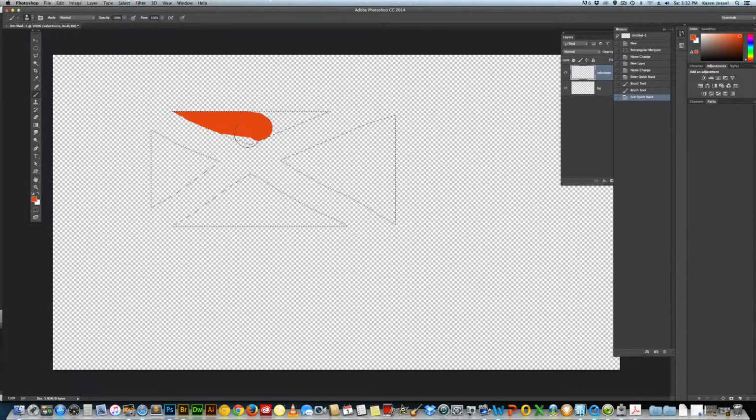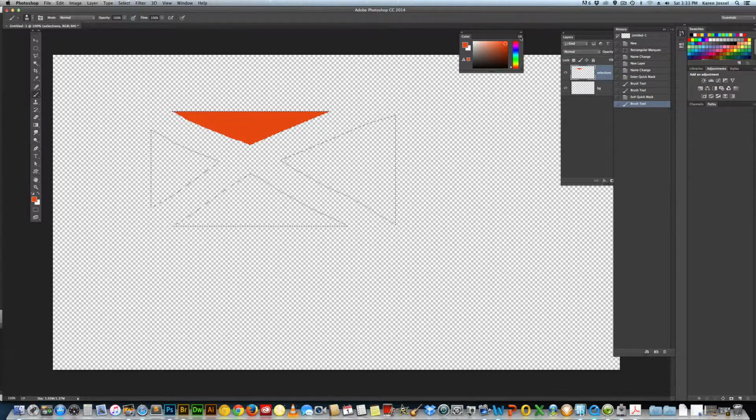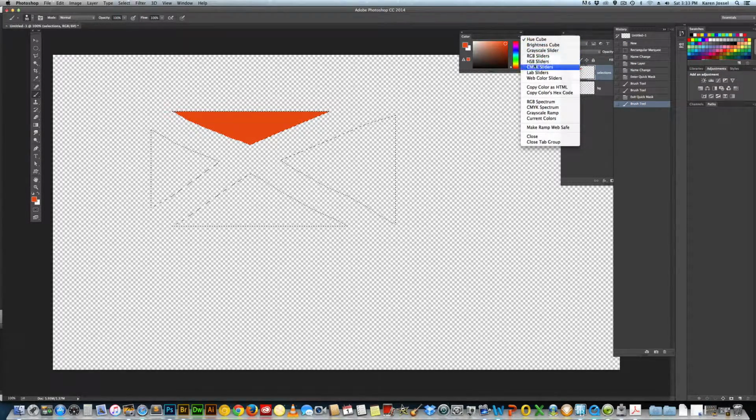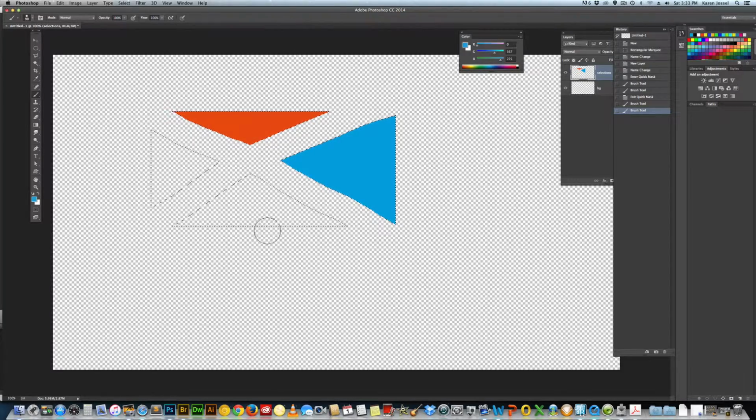So here I'll paint the top one orange. Let's see, I'll go over here to this color strip. Here's your color panel. I would prefer not having the cube. I would like the RGB sliders. I'm going to get a cyan, and this one's going to be cyan, and so forth and so on. I have those 4 different choices. So if I decide I want to fill them all,